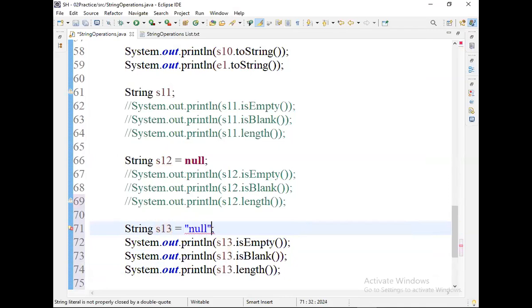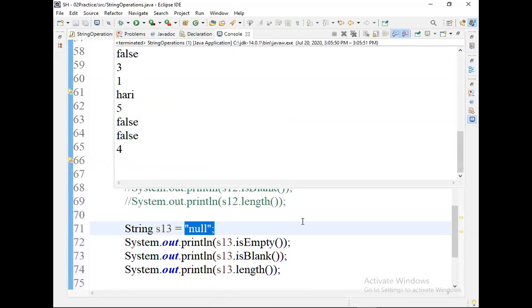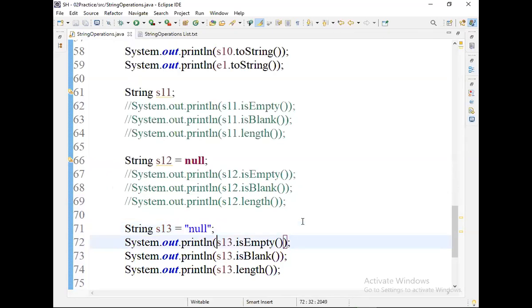And tell me, is it an uninitialized variable, a null-referenced variable, or a string object variable? s13 is pointing to double quotes, which means a string with characters: "null". You will get false, false, 4. All these points you need to practice very well.